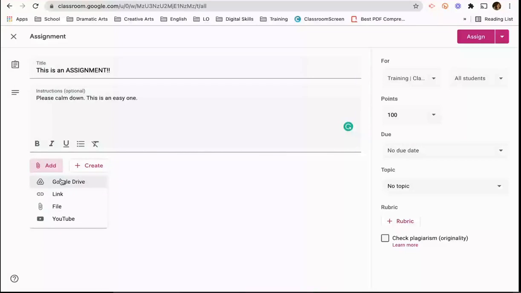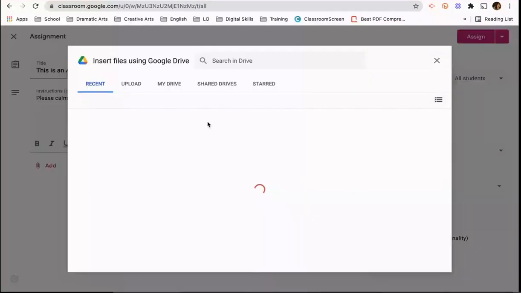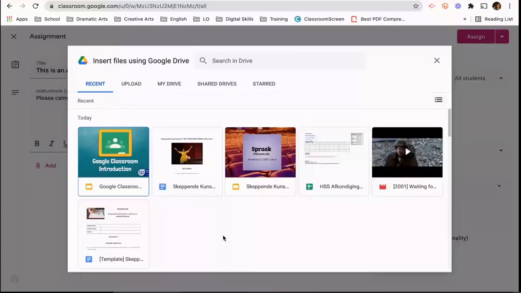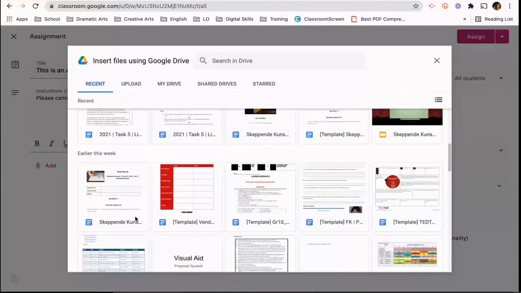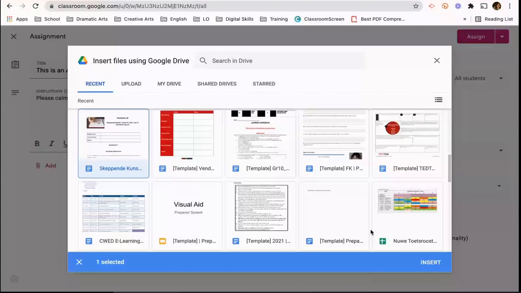And I want to show you something that I did recently. So this is, where is this now? Okay, so this is like an activity sheet for, I think, my grade 8s or 9s. And if you insert that, this little option pops up,